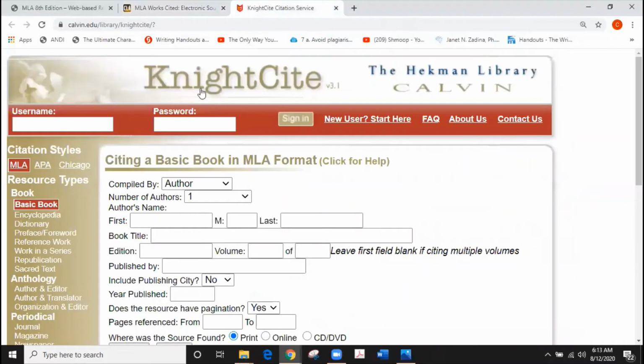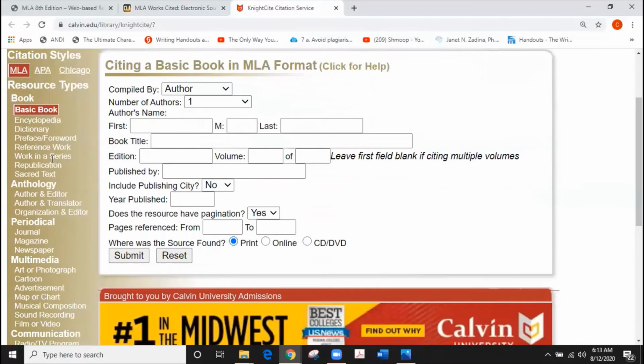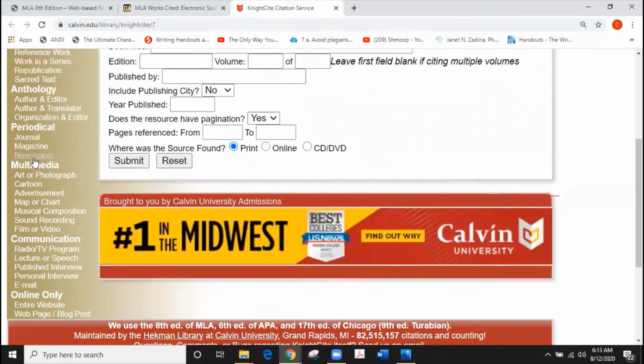And then the last one, the last tab I have open is the NightSight. So I want to make sure that you understand how to use NightSight to cite those databases. So when you're looking here on NightSight and you're set up in MLA, you've got the basic book that it defaults to, but you want to make sure that you're scrolling down here and identifying the type of source that you're working with. And that would be either a periodical, a journal, magazine, or newspaper, most likely if it's coming from a journal, or it's coming from a magazine or a newspaper that you found within the databases.